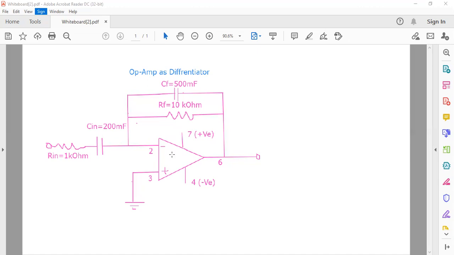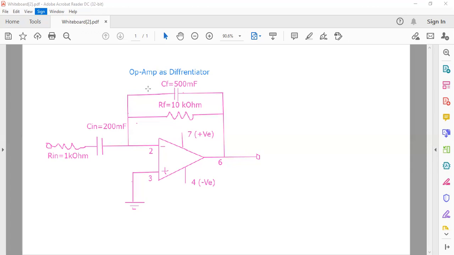I already discussed the pin configuration in my last class, where we discussed that the operational amplifier will work in inverting mode and in non-inverting mode. For the pin configuration, you may please see my channel videos on inverting and non-inverting mode.